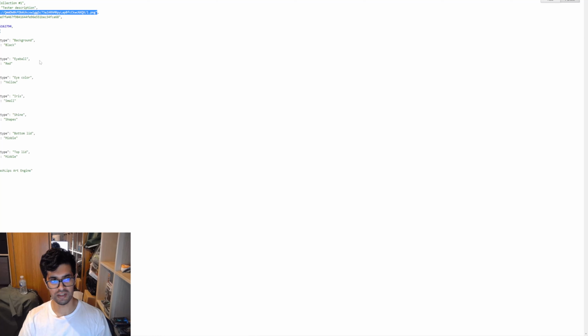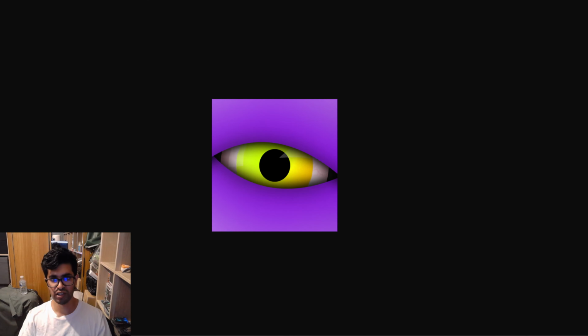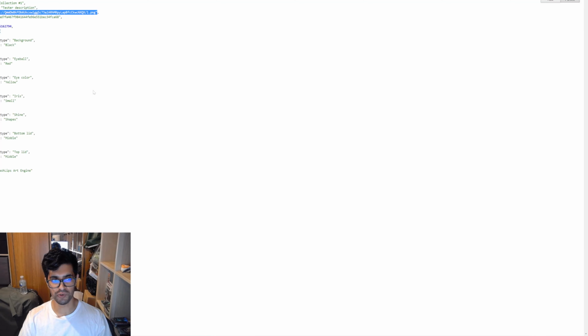So basically this metadata here and this image here are going to be linked to our token through some form of ID. Often we call these foreign keys. It's a key that basically links one set of data to another set of data. And yeah, that's pretty much it. It's not too much more than that.